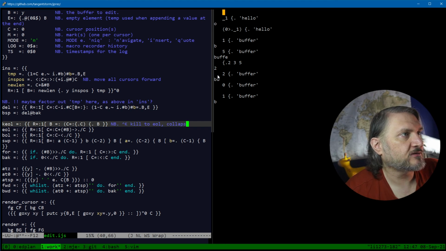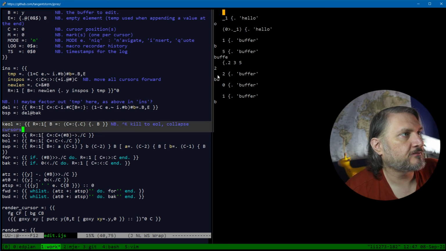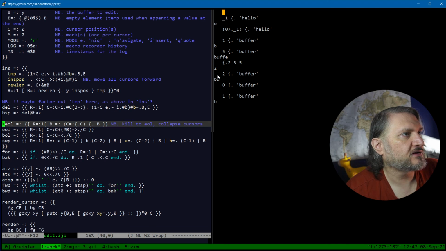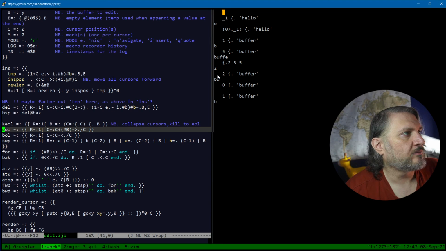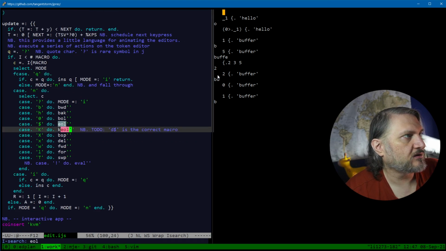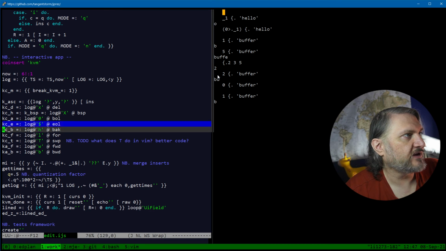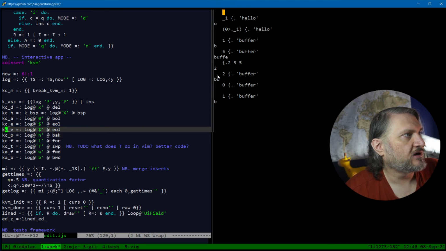Collapse cursors. Kill to collapse cursor, or collapse cursors, and then kill to end of line. All right, and then in the key binding somewhere, yeah, so now we have this for Control K, or sorry,